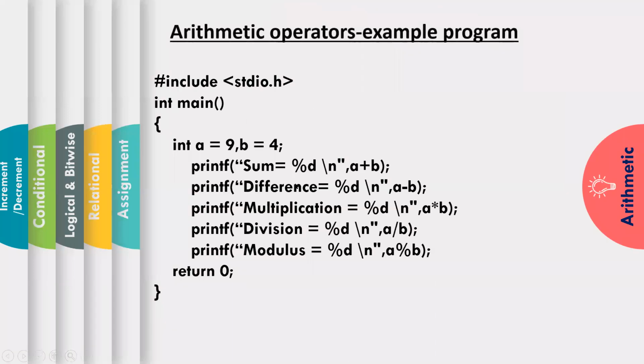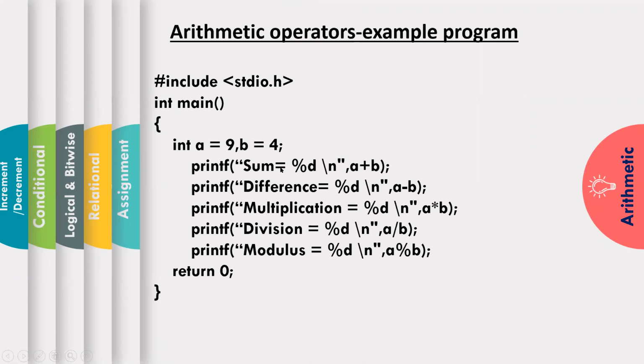This is a sample program. I declare two variables, int a is equal to 9, b is equal to 4. So a plus b is nothing but the sum. Similarly, the difference is a minus b, multiplication is a into b, division is a by b. Directly you can print like this, in printf you can give percentage d and a by b. But I want to get the result like sum equal to, difference is equal to, so I used this syntax. In the previous video, I explained this syntax. printf can be used to print text as well as values.